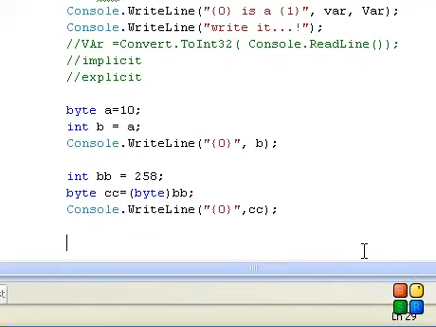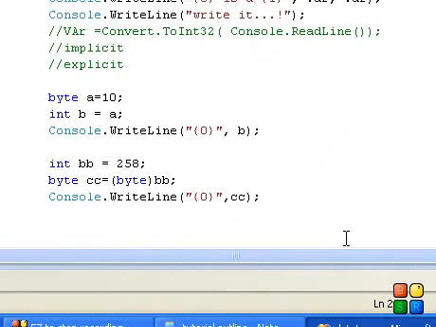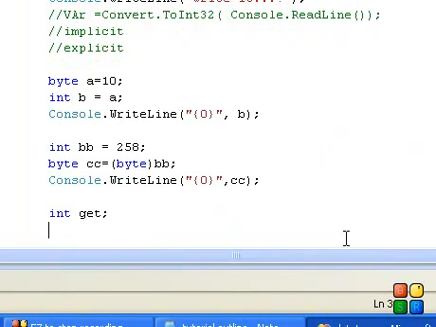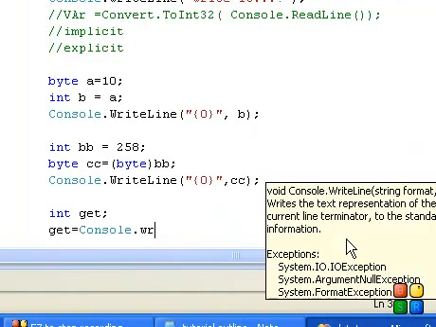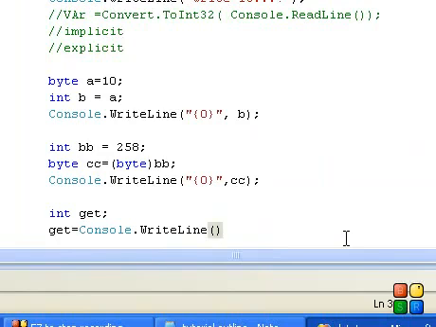Now, any input which you take from your user: you define an integer and name the variable get, and you want your user to give the value and assign it to get. You type get is equal to, and for input you type Console.ReadLine. But the problem is that